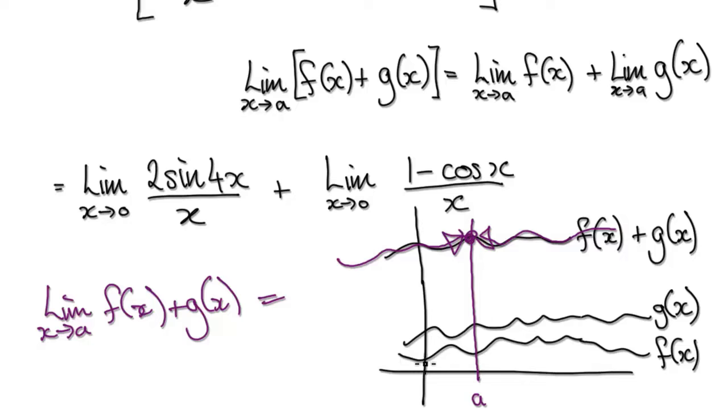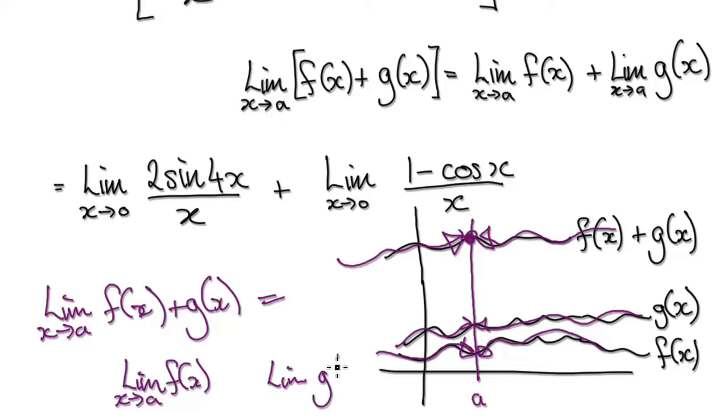Well, that's the same as me taking the limit of the function f of x as x approaches a, and then on a separate occasion finding the limit of g of x as x approaches a, and whatever this limit is, if I add the two together, it will jump to the